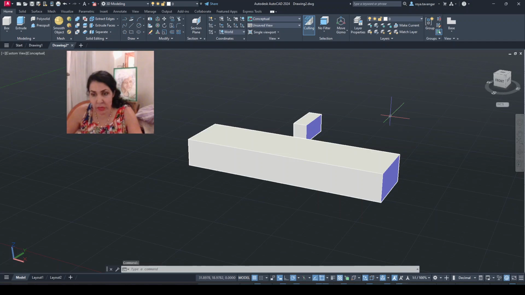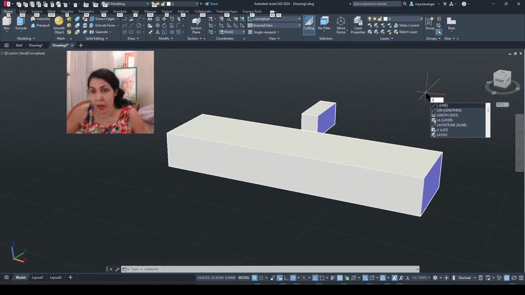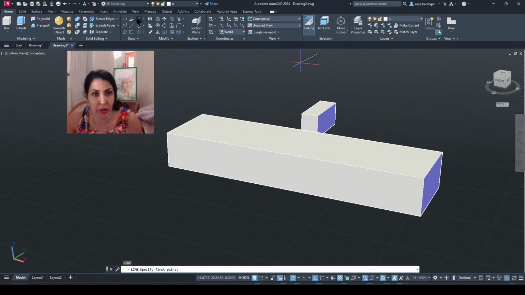And now type L for line, and select line. When you select line, you can select it from the list too. You have line here. You can type line on the command line here. When you select line, click,